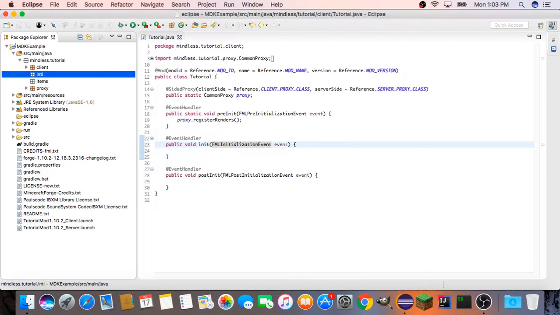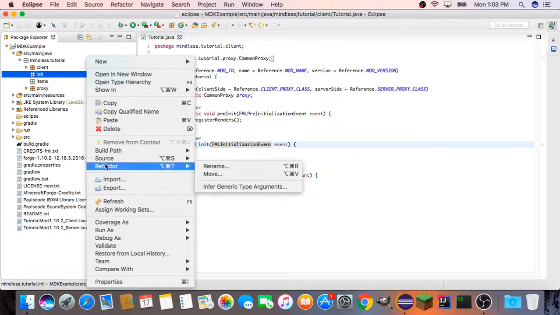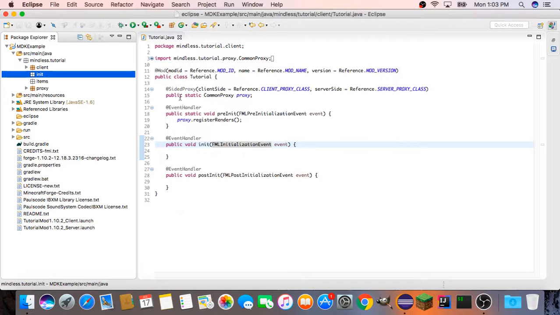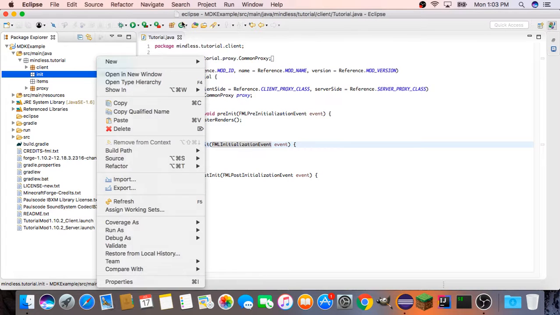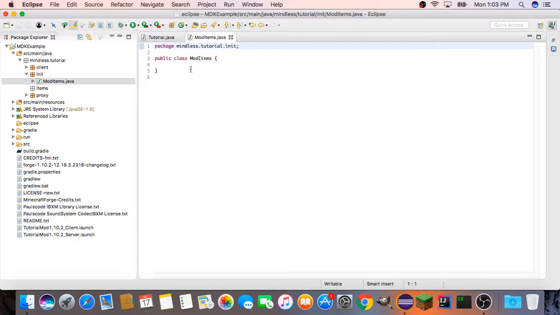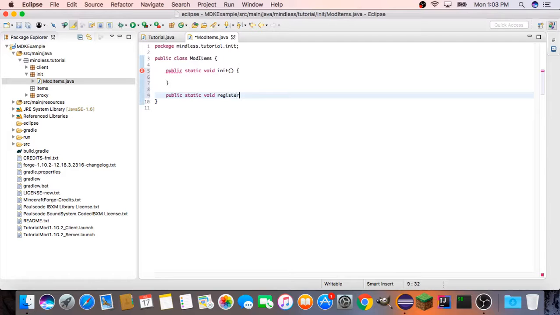called init. In our init package, we're going to create a new class called ModItems, and here we're going to create some methods. So public static void init, a public static void register, public static void registerRenders,